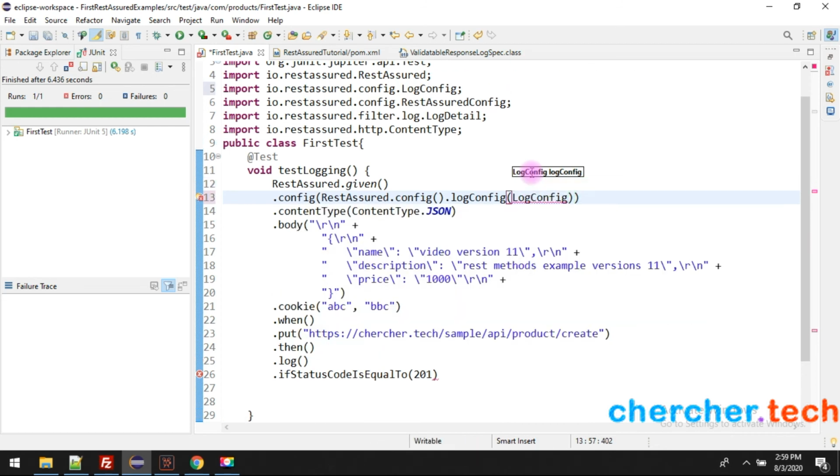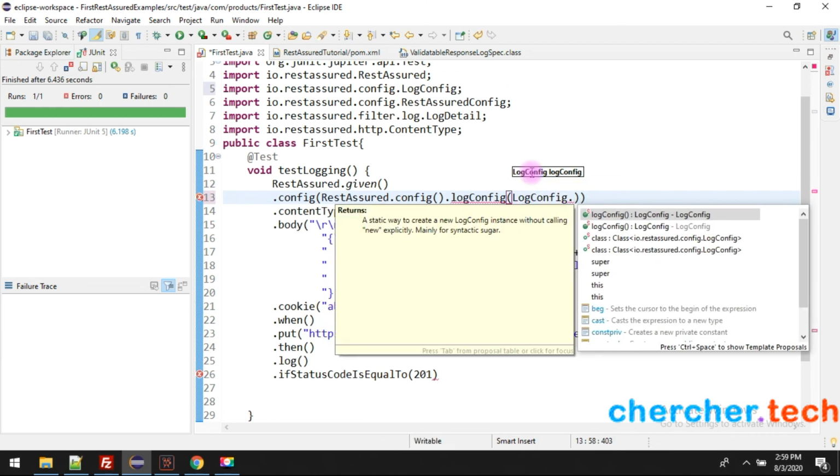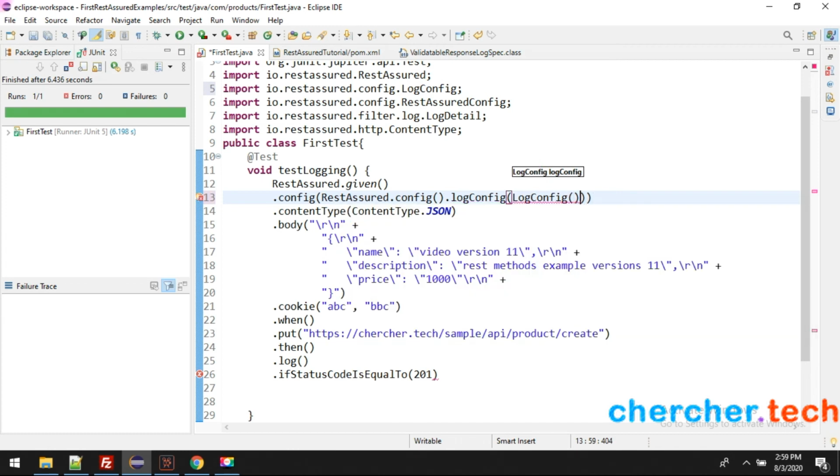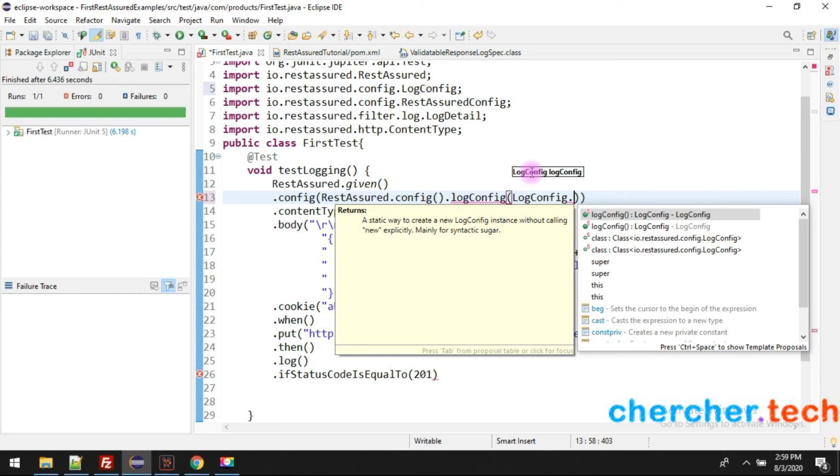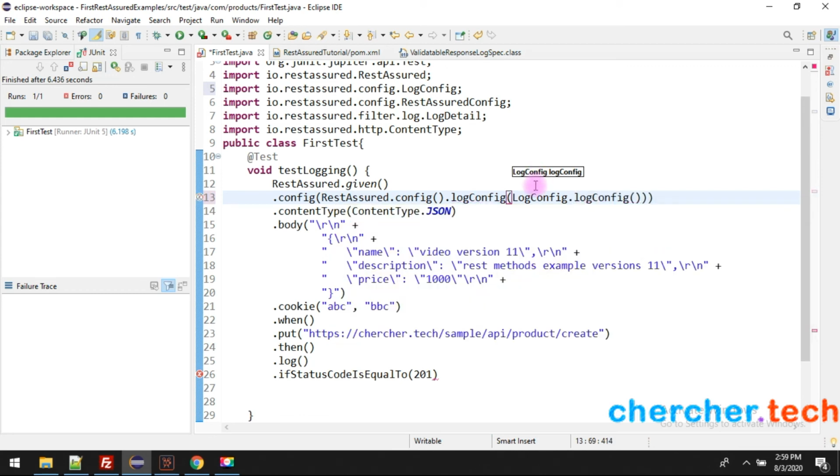Okay, log config dot log config dot log config dot